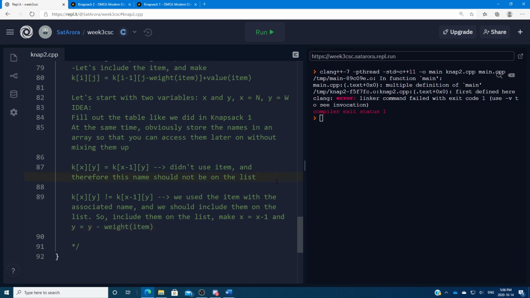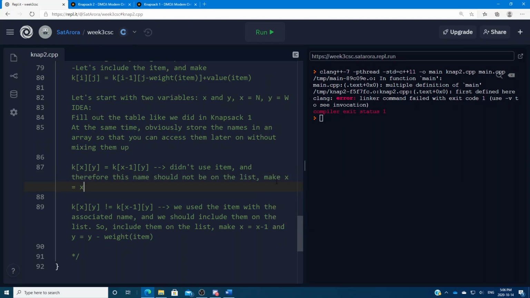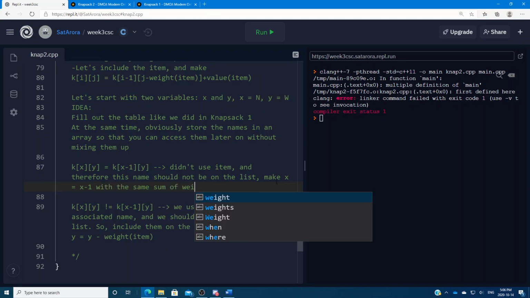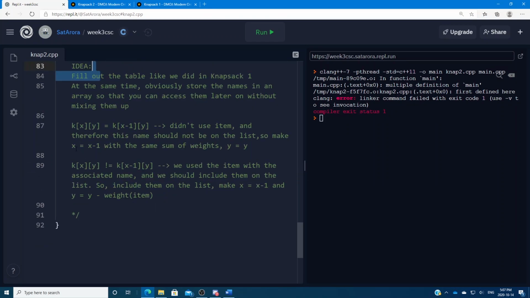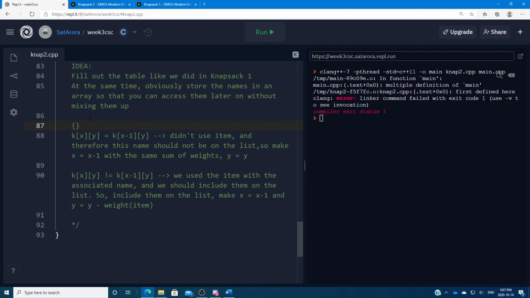And then I forgot to put it here. In the other case, you also have to make x equals x minus 1, because you have to check again with the same sum of weights. Therefore y equals y. So y won't change in this first case. So you keep doing this. Keep doing everything I said in the curly brackets